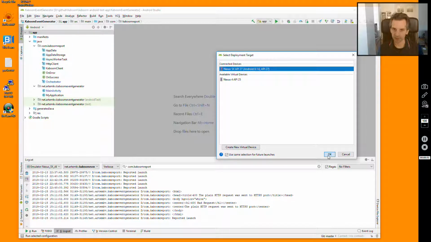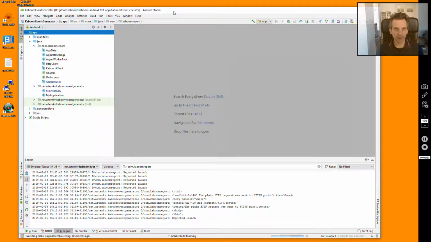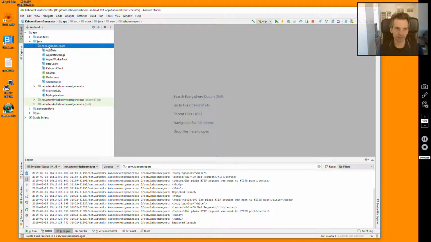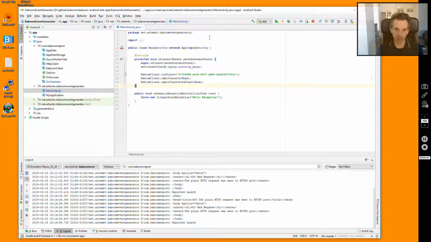I'm using the emulator for that. And here there are two things. There are two packages. One is the client library itself, and another package is your application. The application is pretty simple. You just have one activity. So inside of the activity, what we want to do is use the Kaboom client to report your